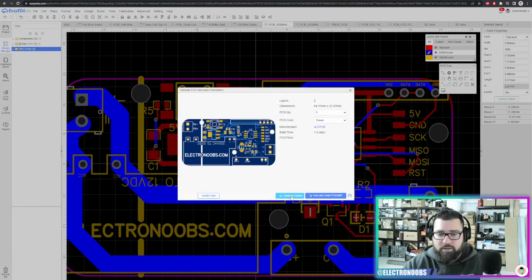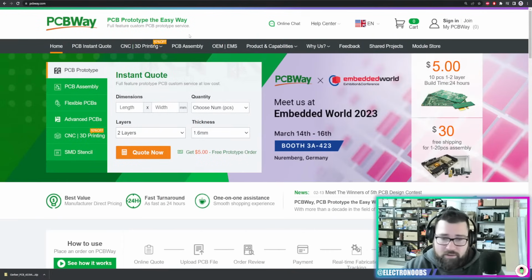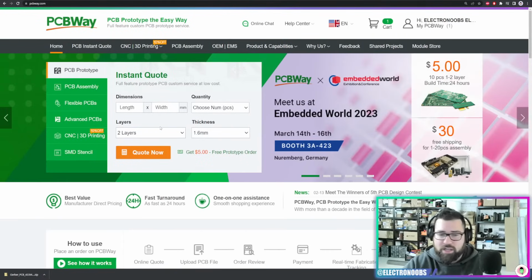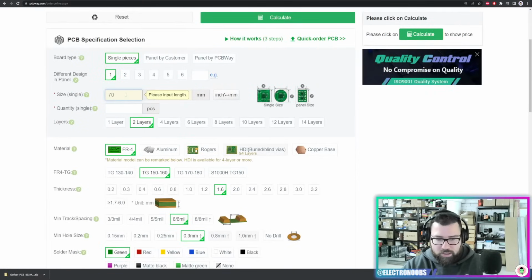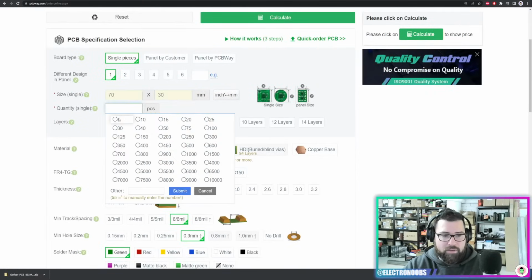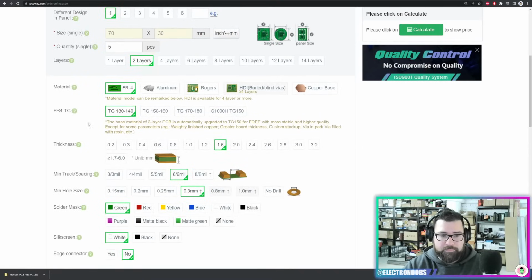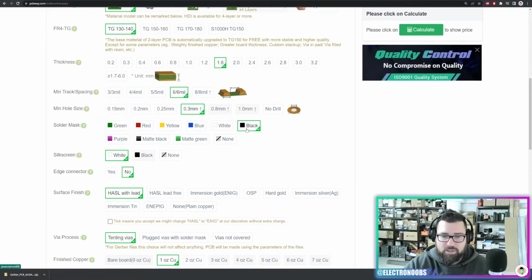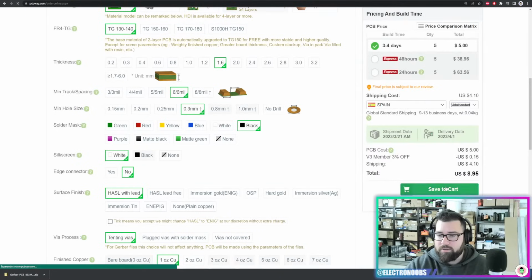you can just go to fabrication, Gerbers, download the Gerbers. You go to PCBWay.com or any other manufacturer if you want, GLC PCB or any other. Quote now, give the size, I think it was 70 by 30. I only want 5 PCBs. This will be 2 layers. It will be this kind of plastic material. Let's just make them black. Calculate, add your shipping, you save to cart,